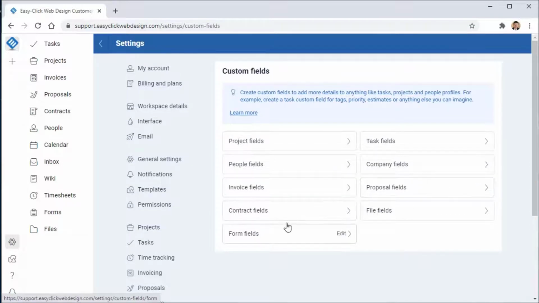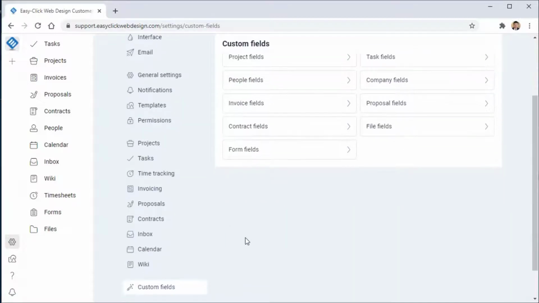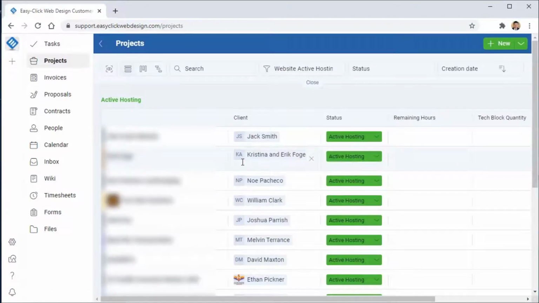This is one thing I was looking for in a CRM, project management program, where I can have unlimited custom fields. This thing has been a huge impact on my business and lets me customize it. Okay, so if you go up here to my projects, you can see that a lot of these are custom fields,